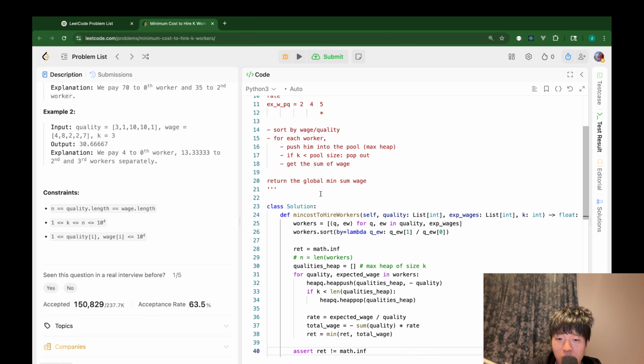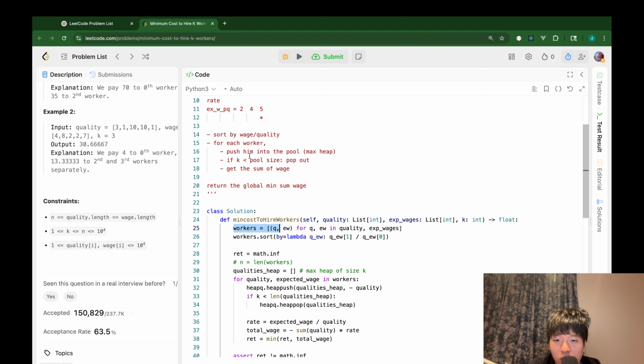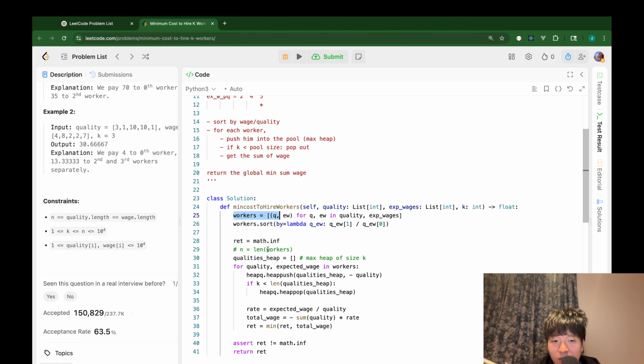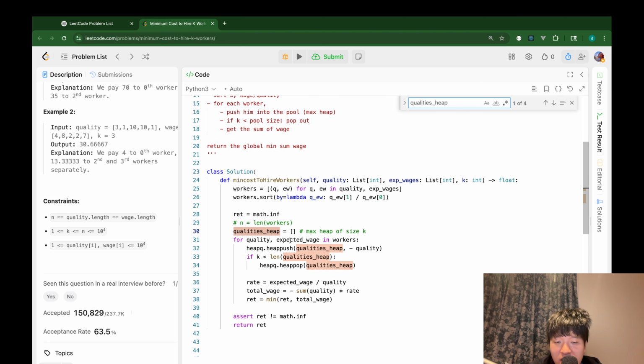so let me execute my code. Or okay, maybe I will quickly walk through my code. First, in line 25, I initiate the workers list, where each element is the quality and expected wage of each worker. Then I sort it by the expected wage per quality rate. Then in line 30, I initiate the heap internal list. Then in line 31, I have the iteration, so each worker from the quality and expected wage,